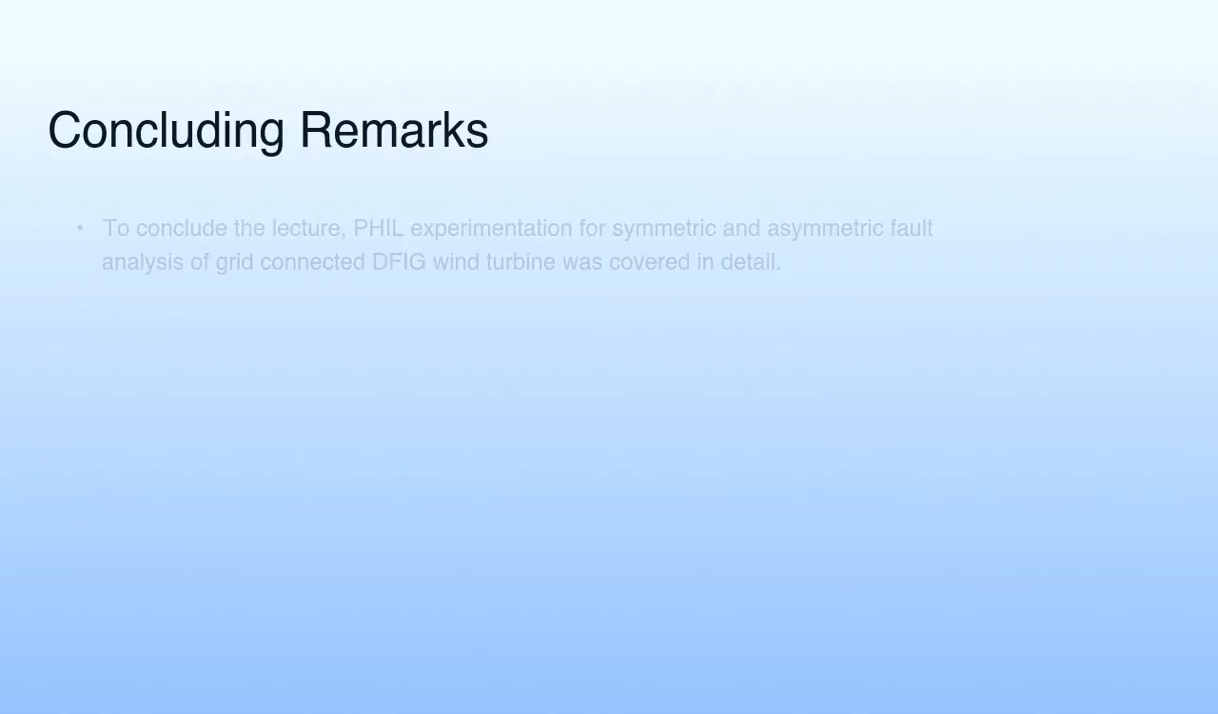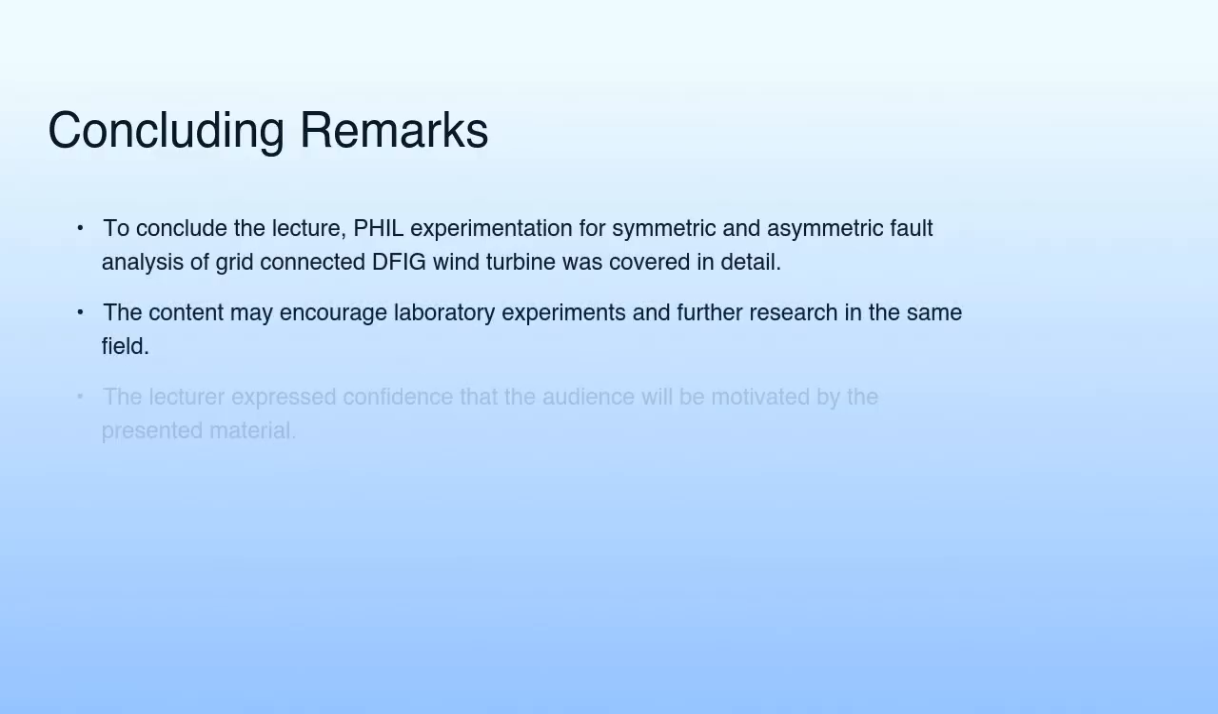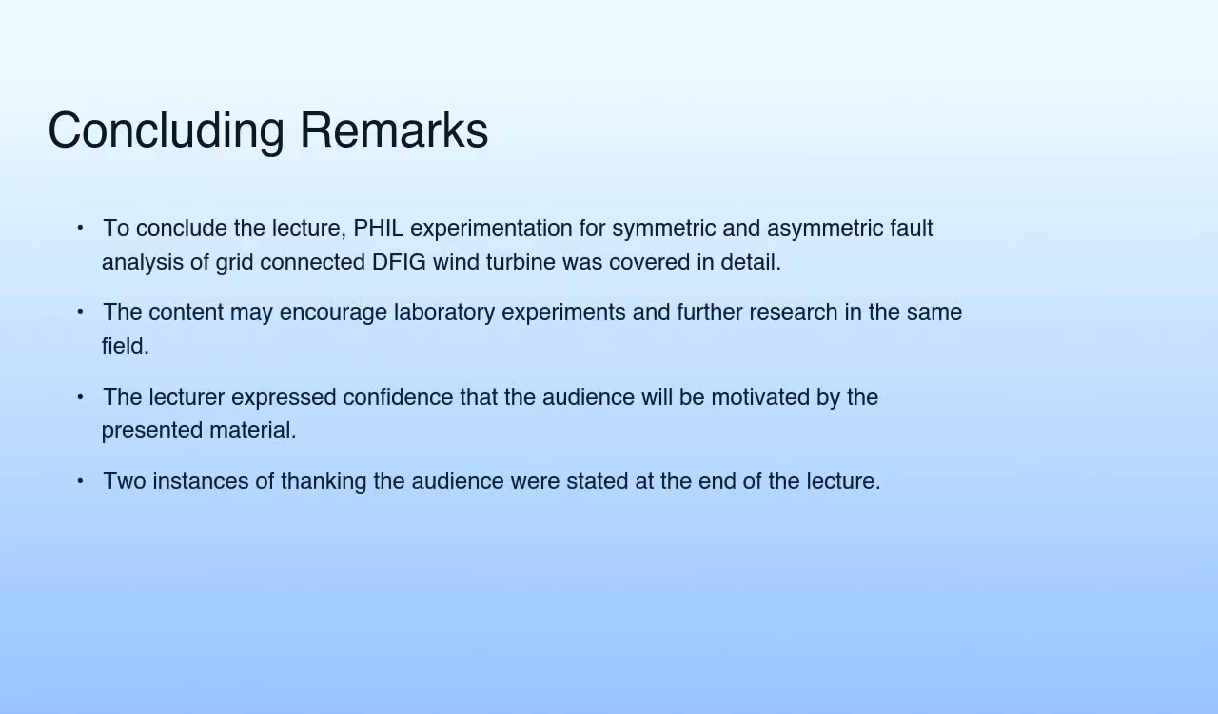The PHIL setup enables comprehensive analysis of DFIG wind turbine behavior under various grid disturbances, including symmetrical and asymmetrical faults. The results demonstrate that asymmetrical faults greatly influence the transient response, with twice the flux variation, drastic speed changes, increased converter current disturbances, and significant fluctuations in active and reactive power